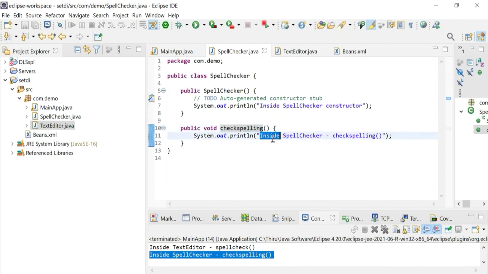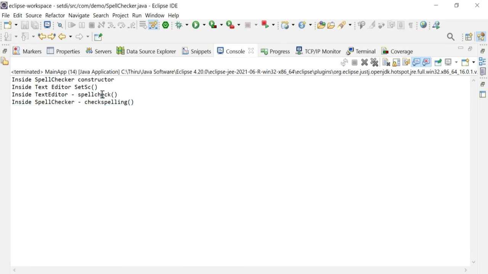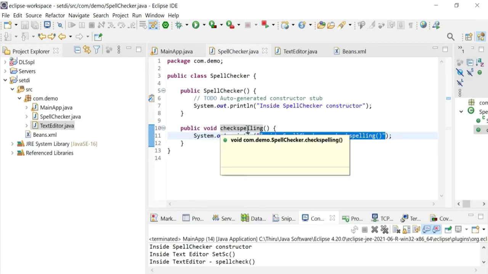Here you can see the text message inside spell checker check spelling. That's the reason you can see it in the console. So this is how we do the dependency injection between classes using setter based dependency injection.